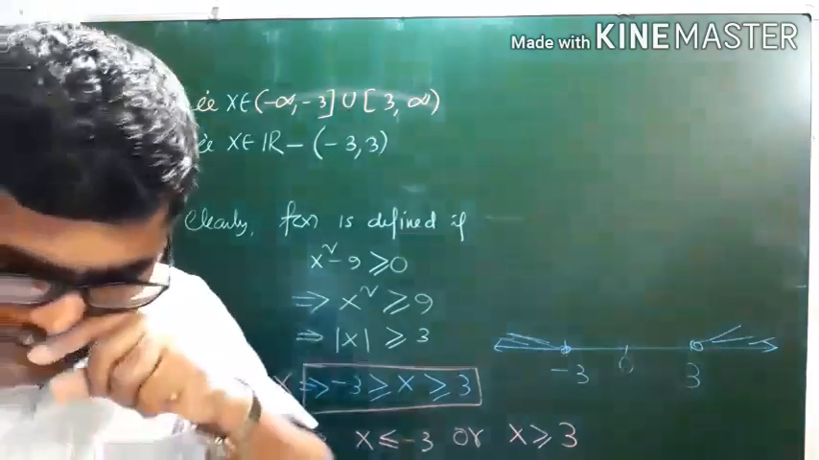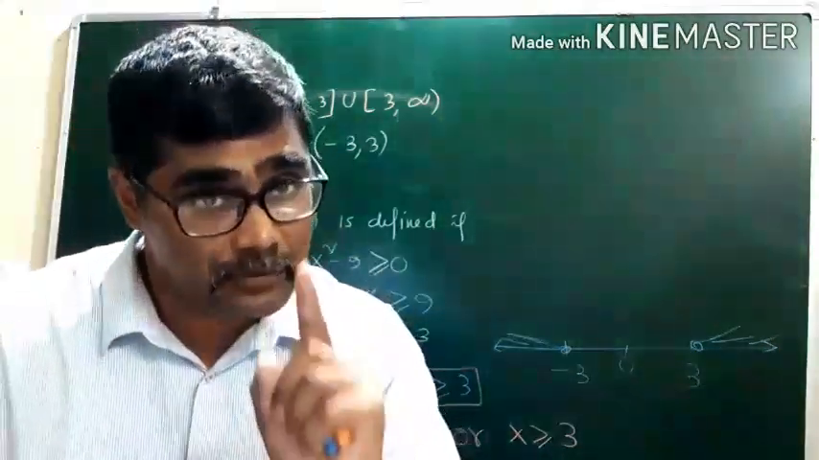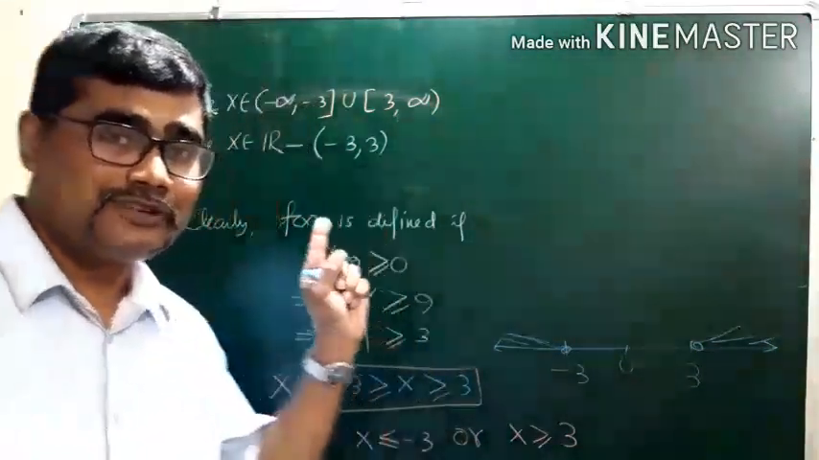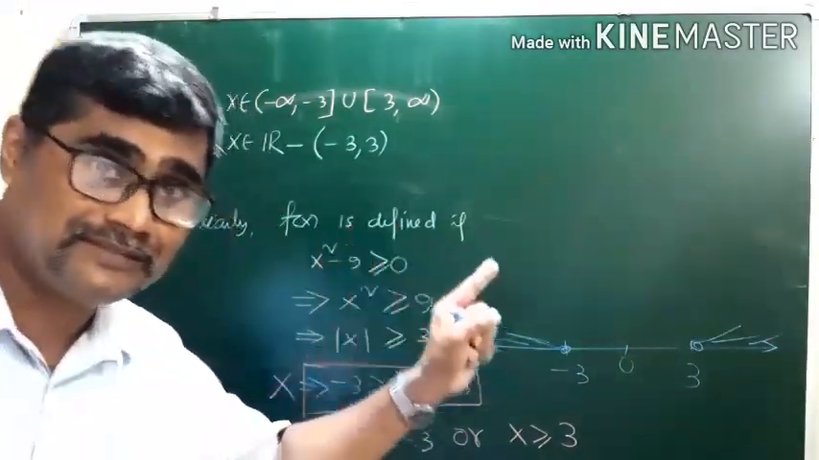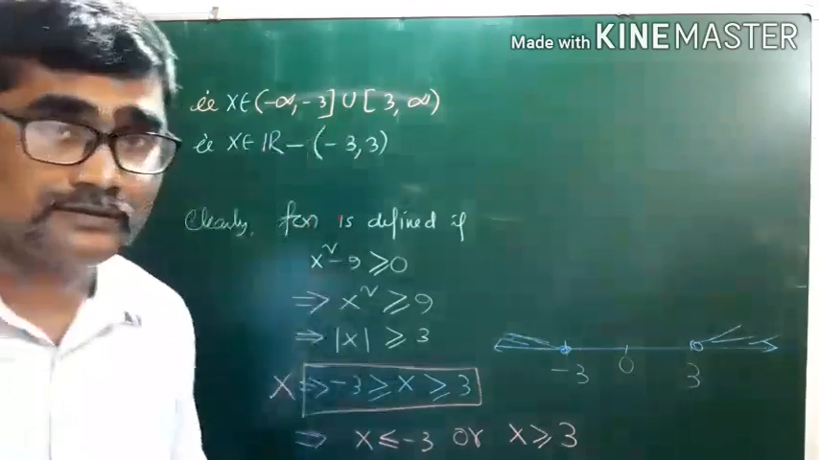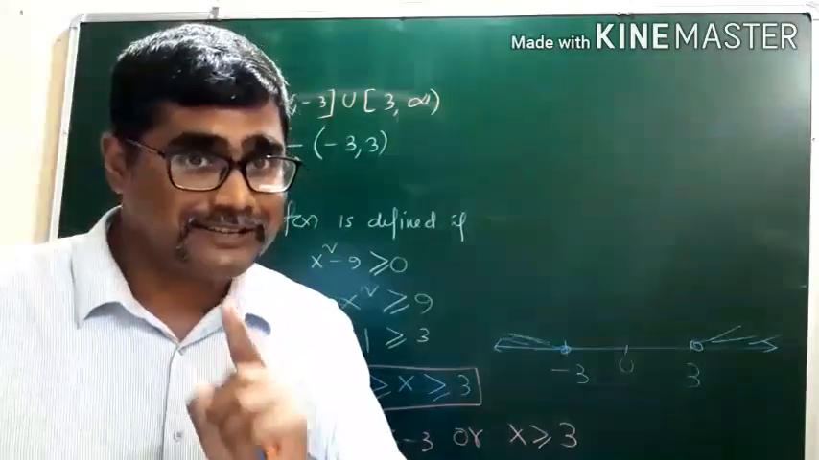So, please, again I am reminding you, do not leave the answer here immediately. You have to write now. Therefore, the required domain is R minus this. Make sure to write this, because